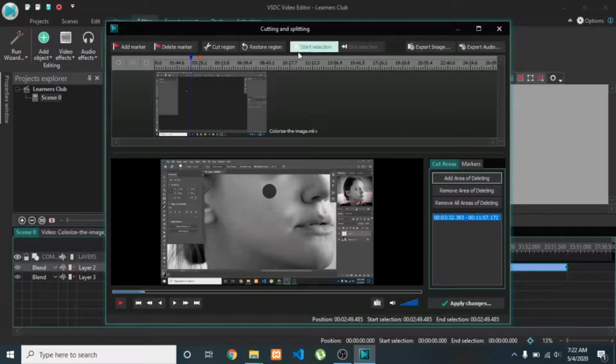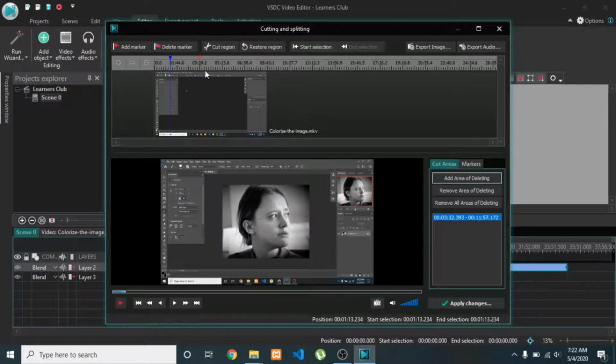And if you want to restore that trimmed region, then you can click on the red marker. If you cut the video at a place, it will provide a red marker to that place, and to restore the video of that region again, you have to just press restore region, which option is available right side of the cut region. Here I have successfully restored, and again I want to do some adjustment.